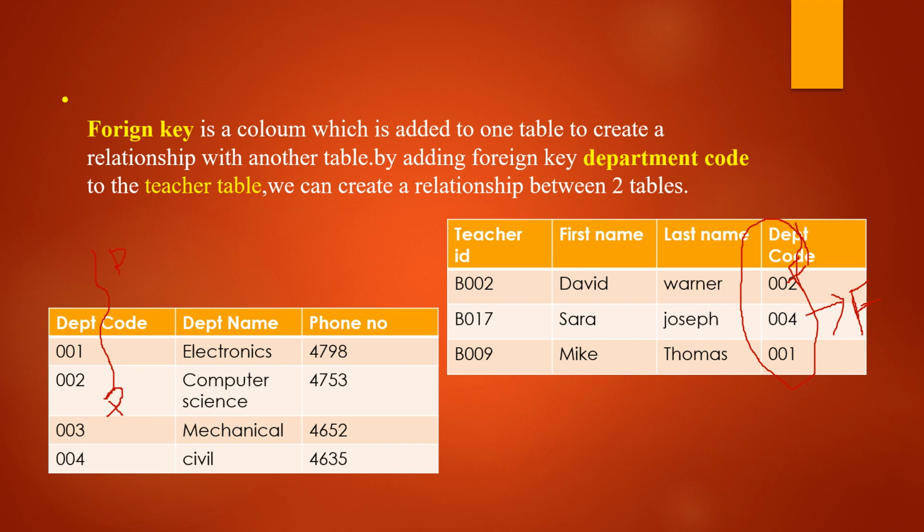This concept in DBMS is known as referential integrity constraints. We will discuss referential integrity constraints under the topic of constraints in database management system. I will explain it in detail in a later video. So just understand what a foreign key is in database management system and how it is used to connect two tables in a relational database management system.